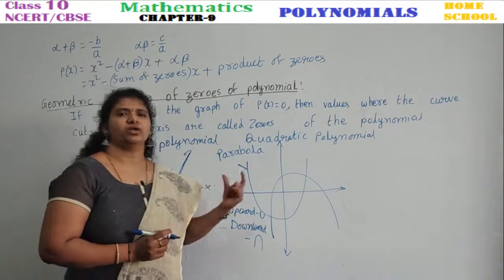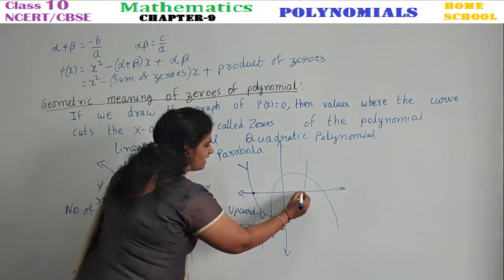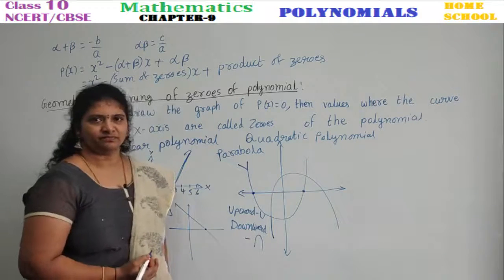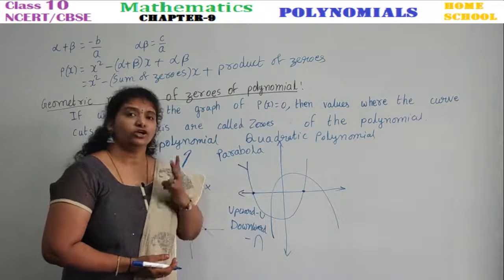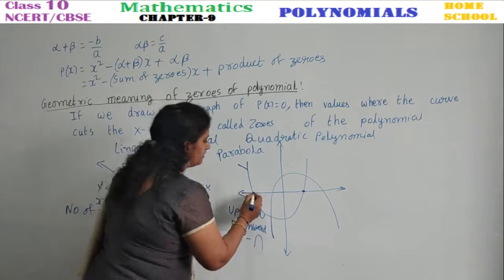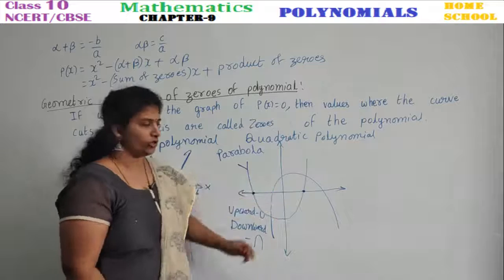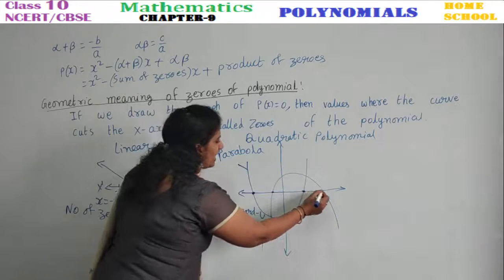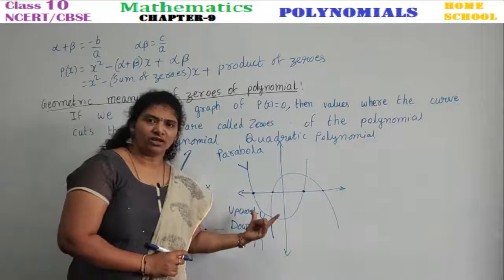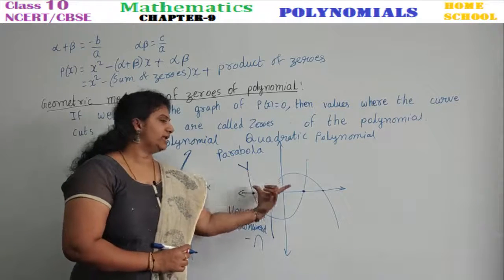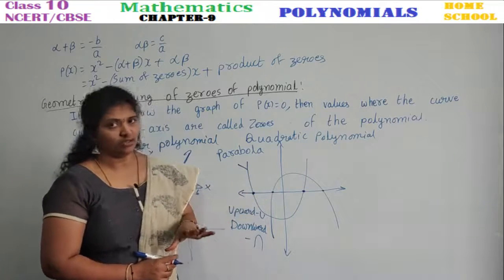What does this parabola do in this graph? This parabola cuts the x-axis at 2 points. Understand here carefully. It is cutting the x-axis at 2 points. This is 1 point and this is 1 point. And the other parabola I showed you is also cutting at 2 points. Right? So, only one parabola we are going to consider in a graph. Then it has 2 zeros, either upward or downward.